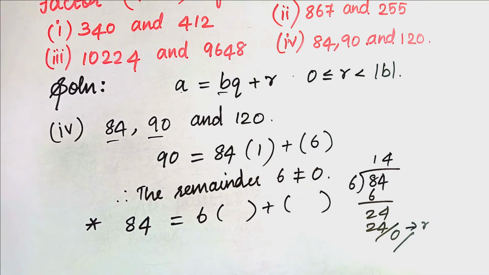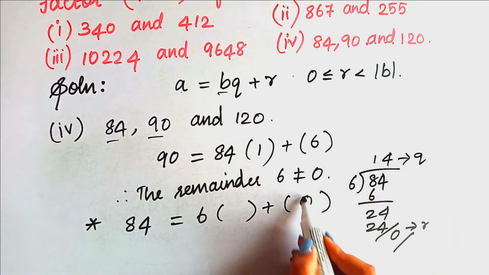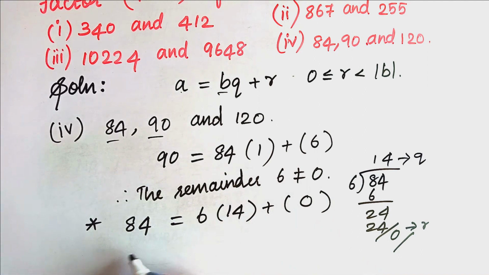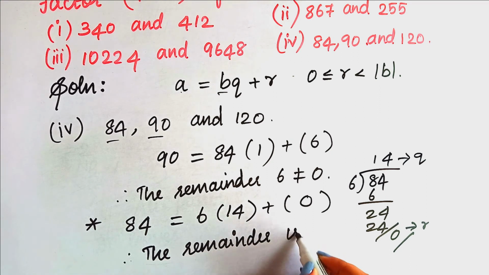So this is our remainder and this is our quotient, right? So our remainder is 0 and our quotient is 14. So now therefore the remainder is 0,